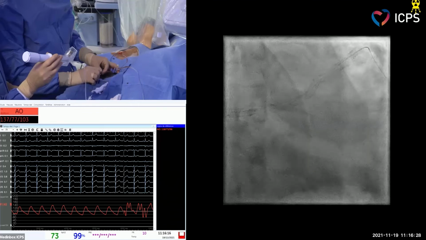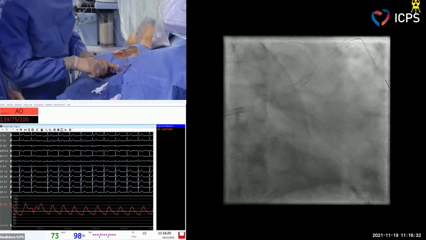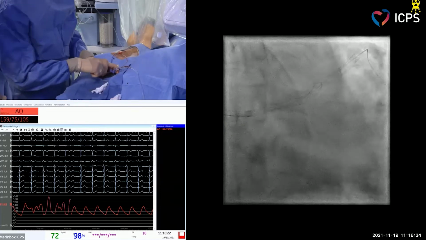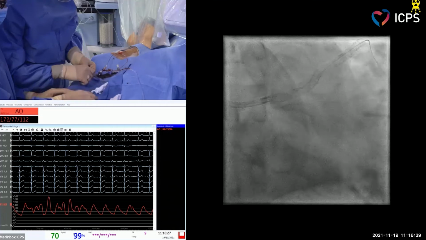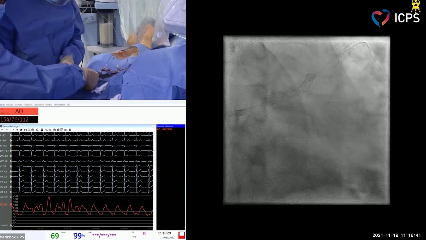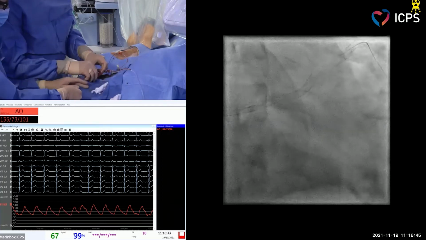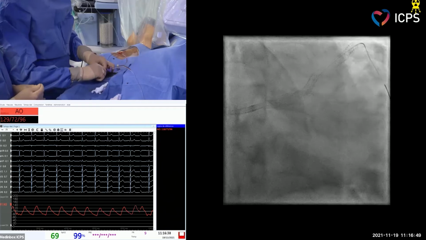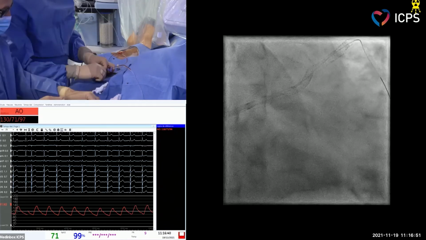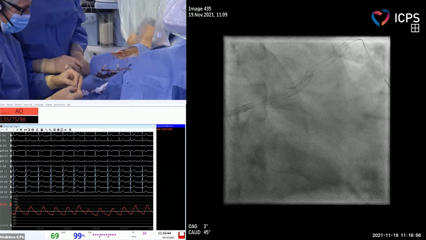Okay, I think we are not on the good wire, so I will check the wire position to be sure, because in this case it's not normal that the balloon didn't go easily. So yes, this is the LAD, and that's why the balloon was not going